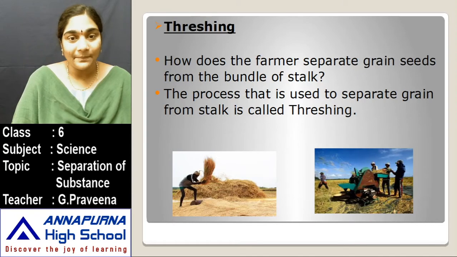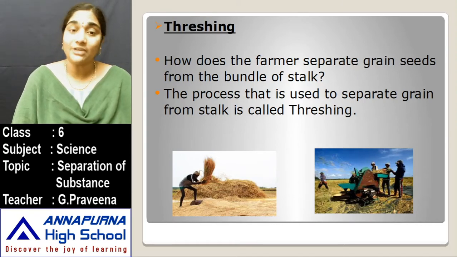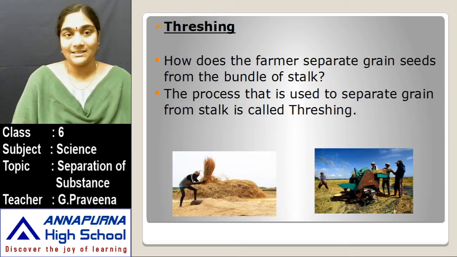Whereas hand picking is used to remove unwanted particles when their concentration is very low, and mostly in solid particles, in threshing, so as to separate the grain from the stalk, the bundles of stalks are beaten against a hard surface so that the grains get separated from the stalk.